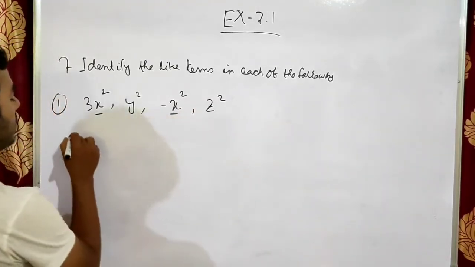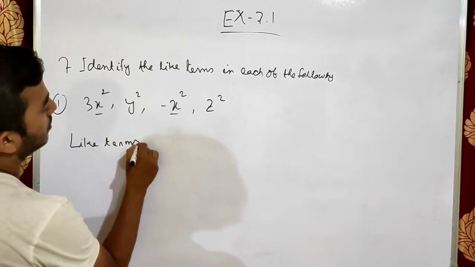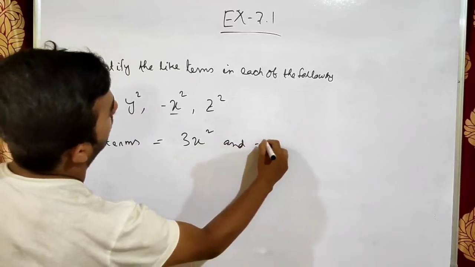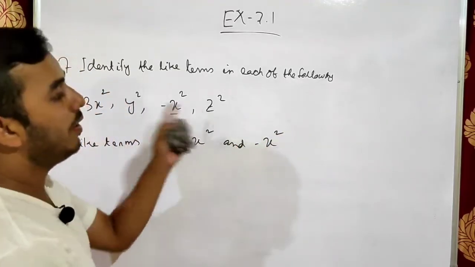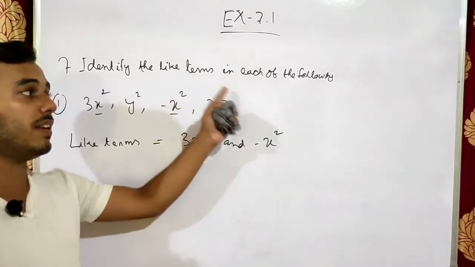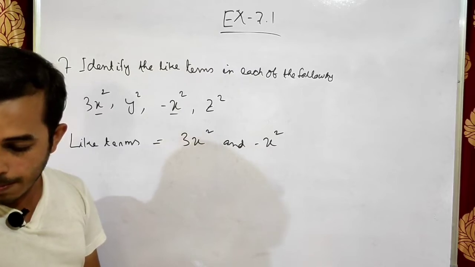So here like terms are, we'll write like terms, equals what? 3x square and minus x square. Okay, and all these are what? These are unlike terms. Okay, but in the question we have to just find out the like terms. Up to this clear? Okay, so the next one